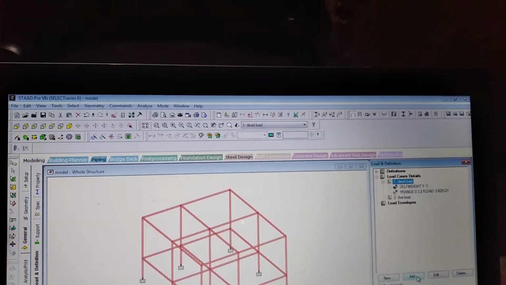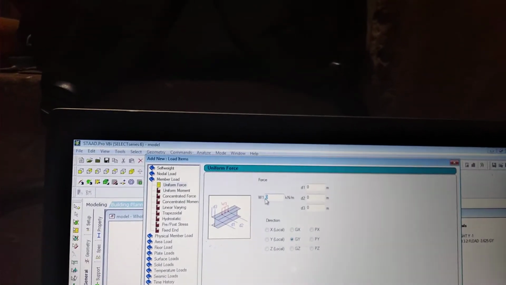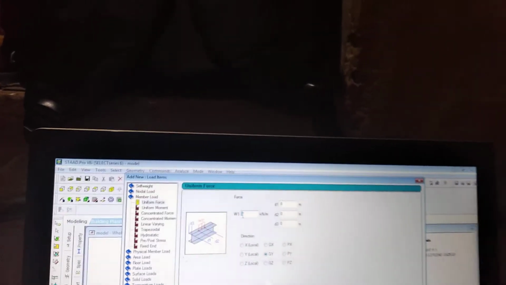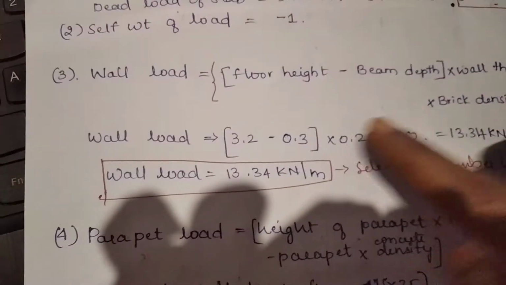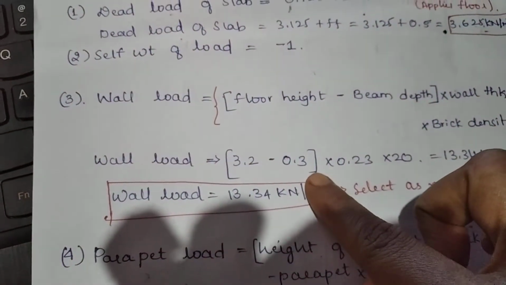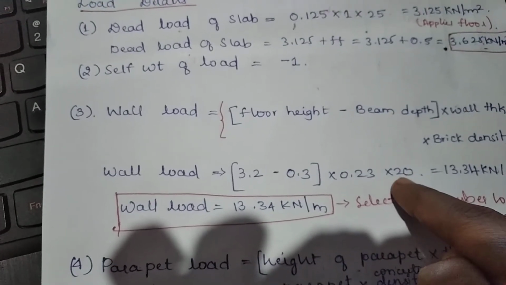Next again I want a wall load. I will go to the dead. Wall load is assigned as a member load. So member load it is. See here, it is a wall load, floor height minus beam depth into wall thickness into density of the brick.